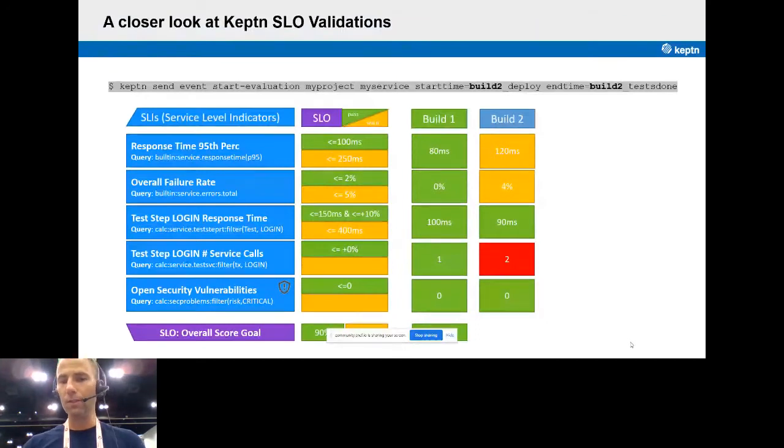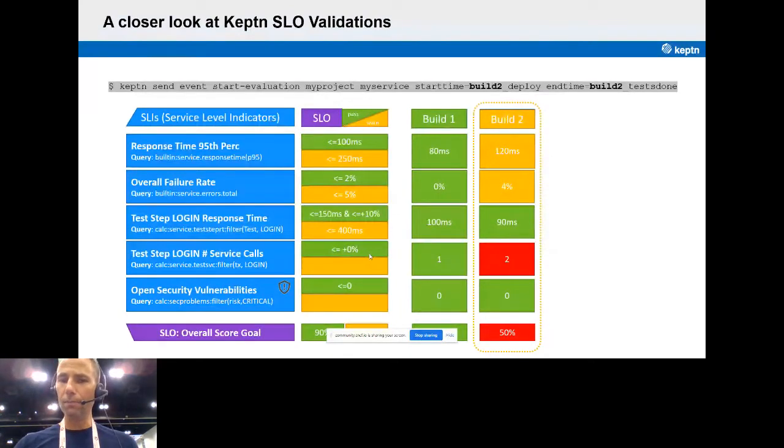So maybe the backend service is a database engine or something like this. And this is flagged now because this is not an allowed change based on your SLO, because in the SLO we specified the number of calls for our login feature should not increase at all. So this means plus 0%. You can actually compare with previous builds with a baseline. And so we violate, and therefore we come up here in this case with a percentage of 50, which means